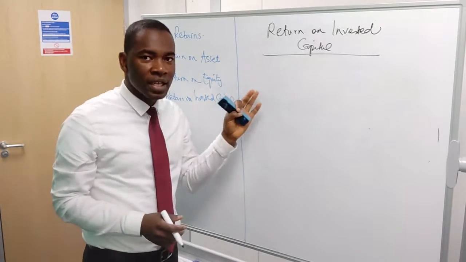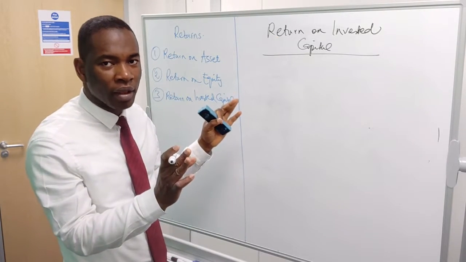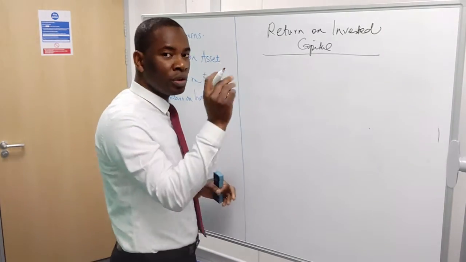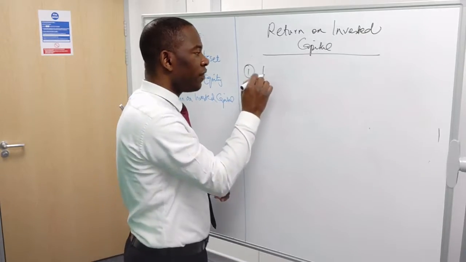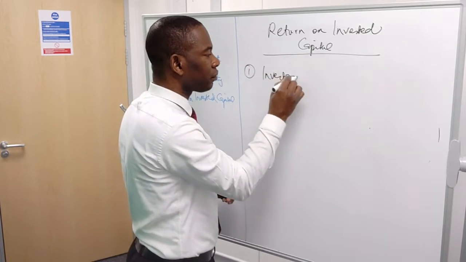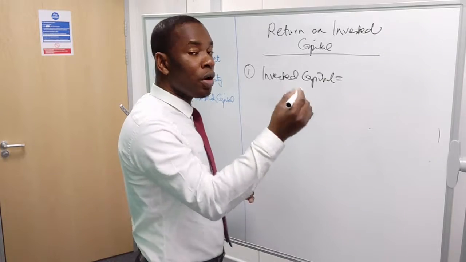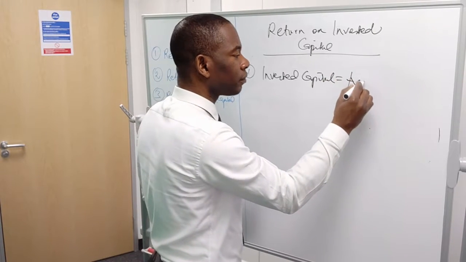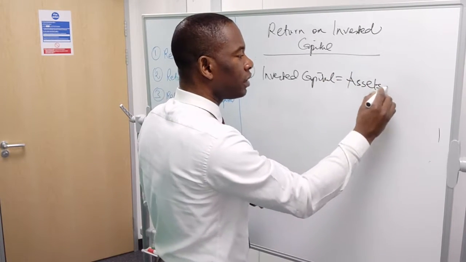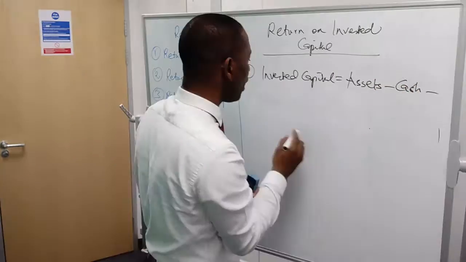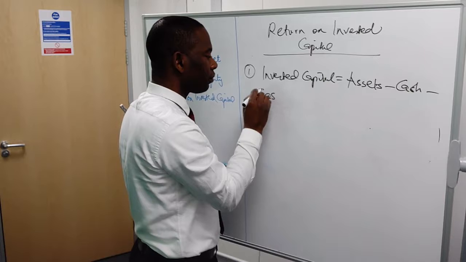So this has a bit of formula for calculation. So in this case, you need two things. One, invested capital. So your invested capital is all your assets, take away cash, take away cash equivalent,